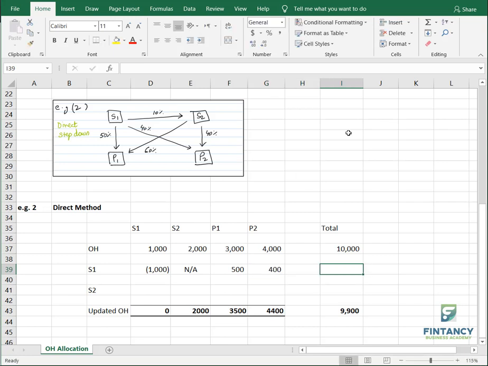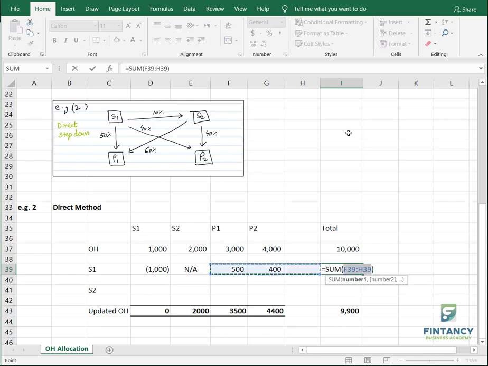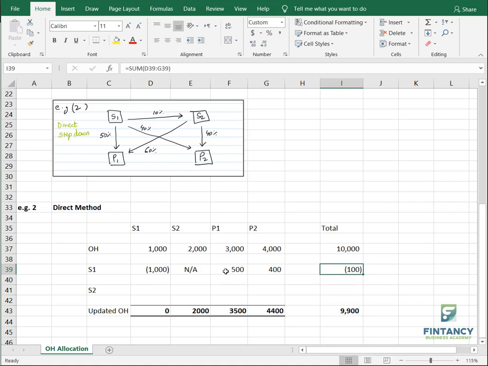But if you total it, it will not become 0, right or not? It should become 0, right? Because we were allocating 1000, but how much did we allocate? Only 900. So what will we do with this extra 100, which was supposed to go to S2, where we kept not applicable? Getting the story, everyone? So the solution for this is that you need to calculate the remaining ratio.